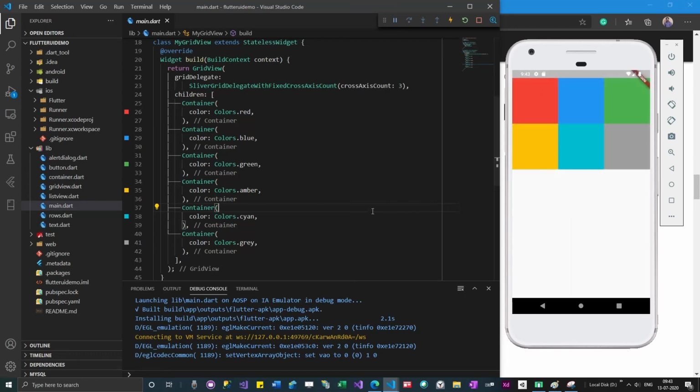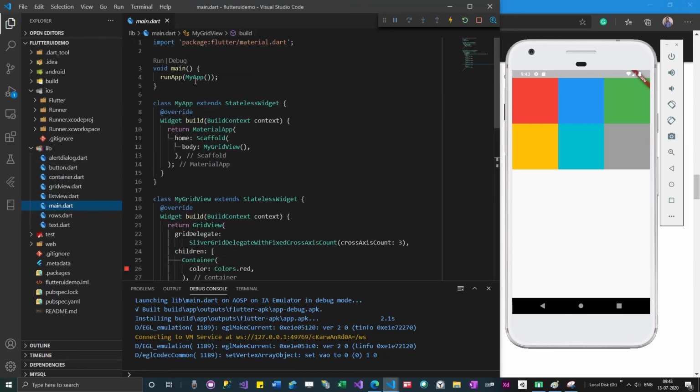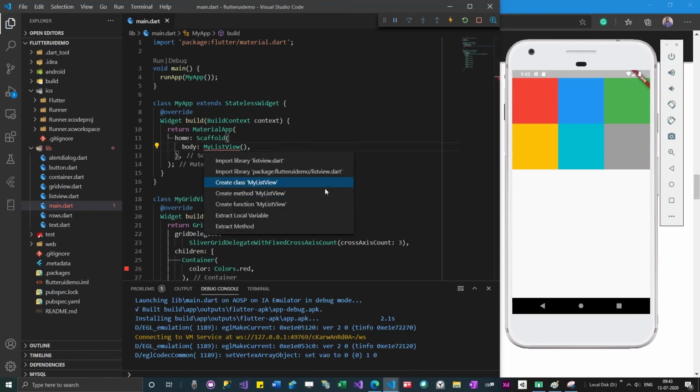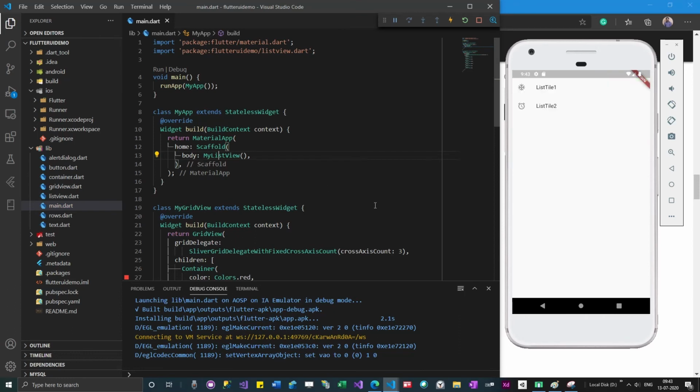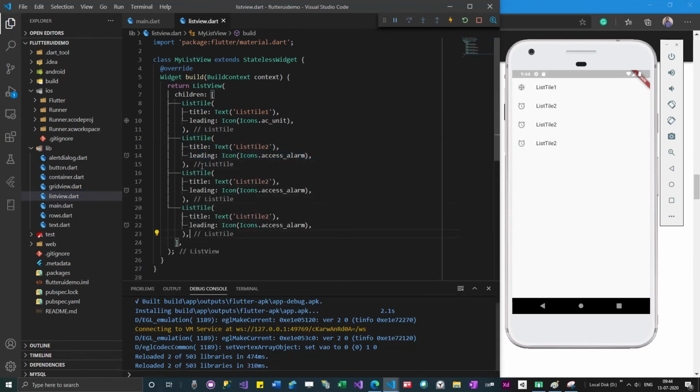So this is a grid view. Okay, so I will change this to list view. I'm just calling a different function from here, and then I will try to resolve it by pressing control dot. Okay, so this is a list view. I can grow that list view like this. So more items.